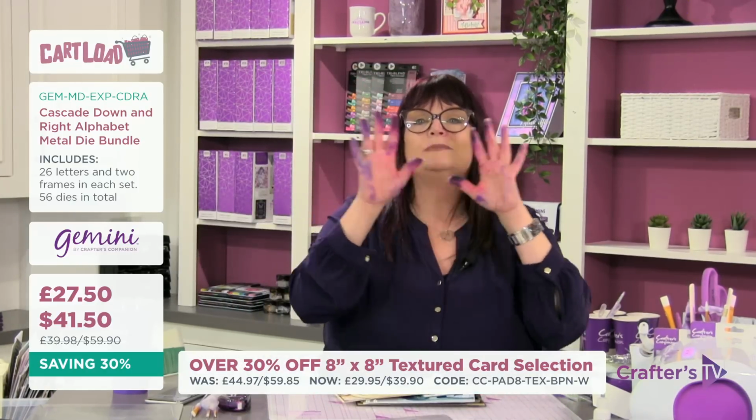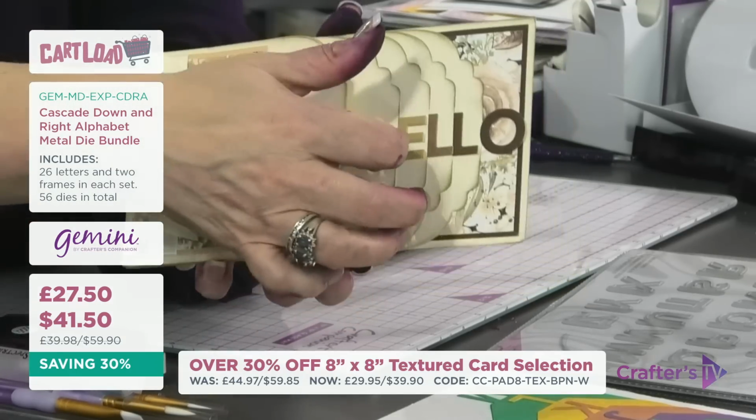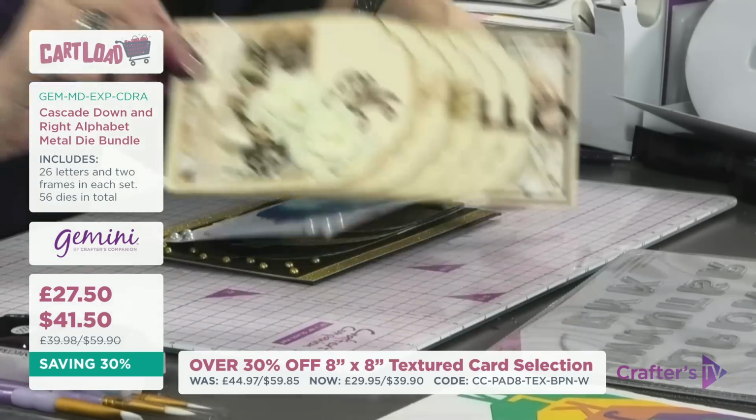Think about home decor. Think about all your card making, scrapbooking, personalisation, photo albums. This is the kind of thing you're going to be able to use. I'm talking of photo albums. I've got one here. Let me show you. There we go. Look, a beautiful photo album. Each panel opening up. Now that's just a hello. You could do this for